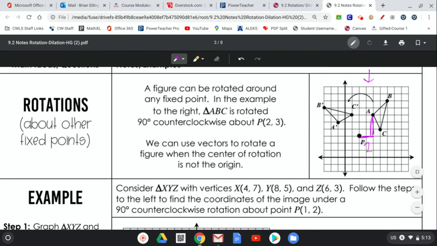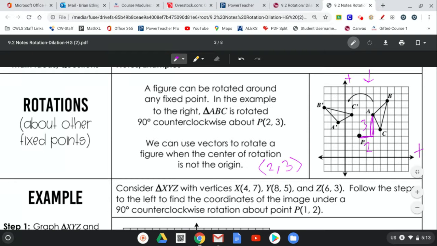Both of these are in a positive direction, positive x, positive y. So I do those funky little brackets, it kind of looks like a sideways V, and I put in 2, 3. So that would be the vector